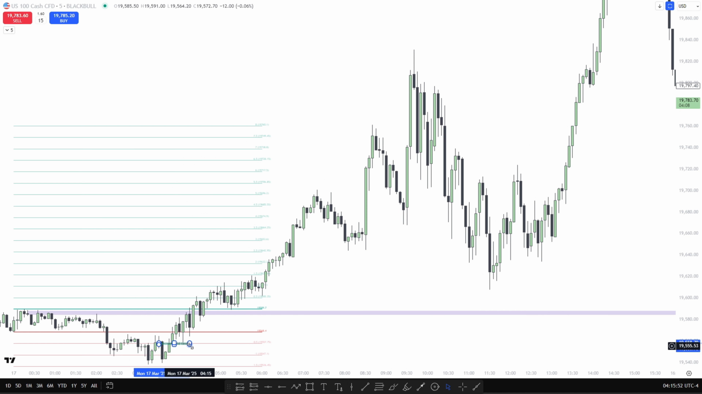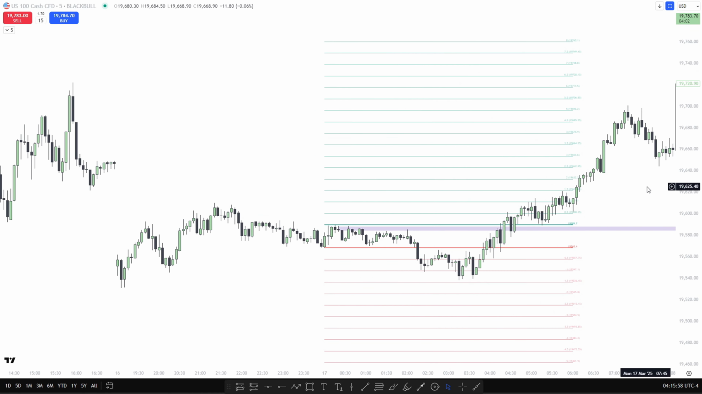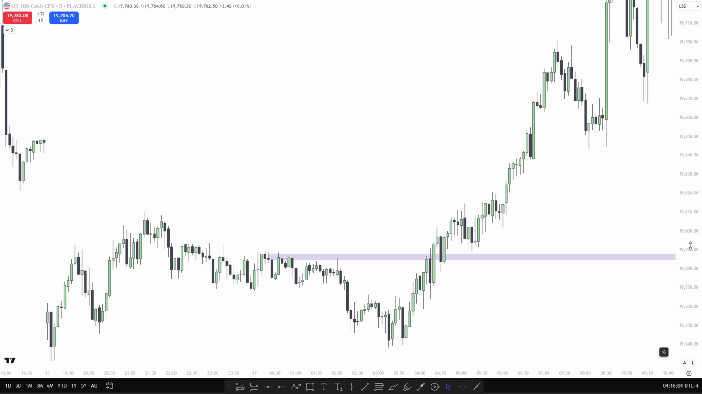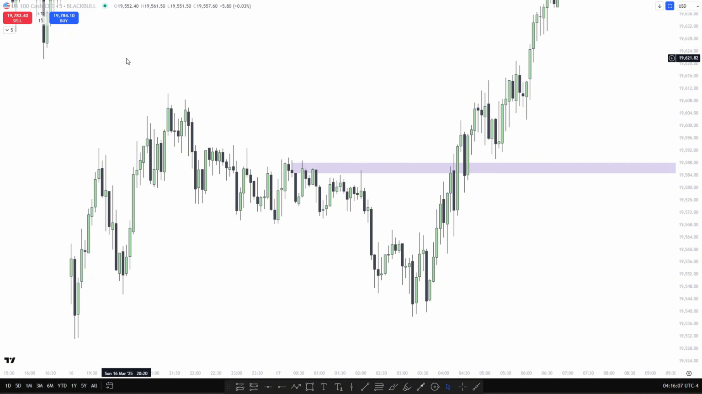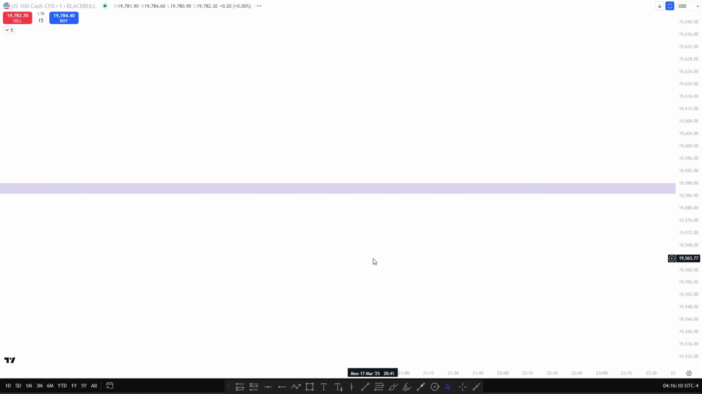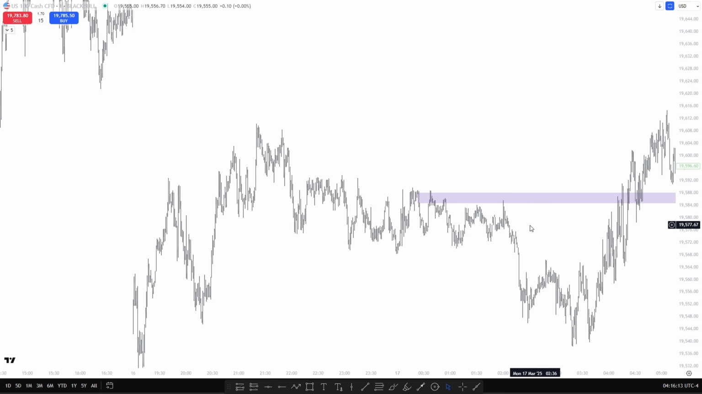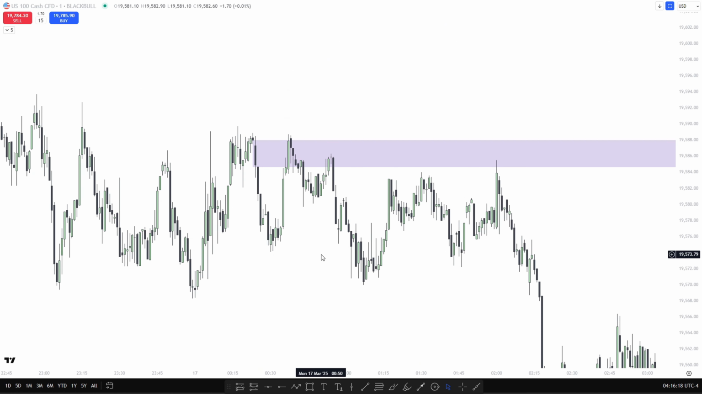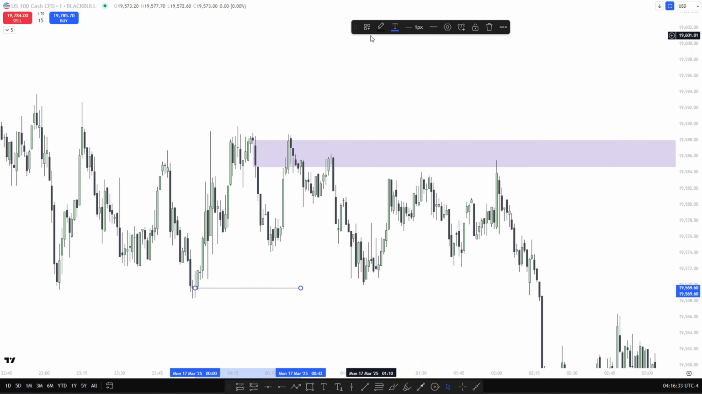So, what is the midnight range? The midnight range is the range from midnight. Let me remove this for a second. The midnight range, we're on the 5-minute chart. Let me go on the 1. So this is the price action from yesterday. Your midnight range is from midnight open, so that will be this candle here, like this,